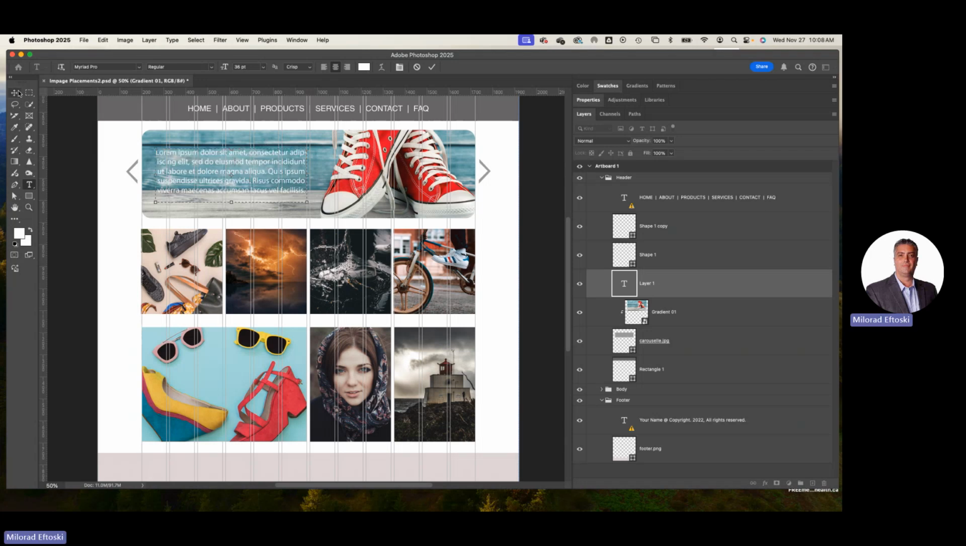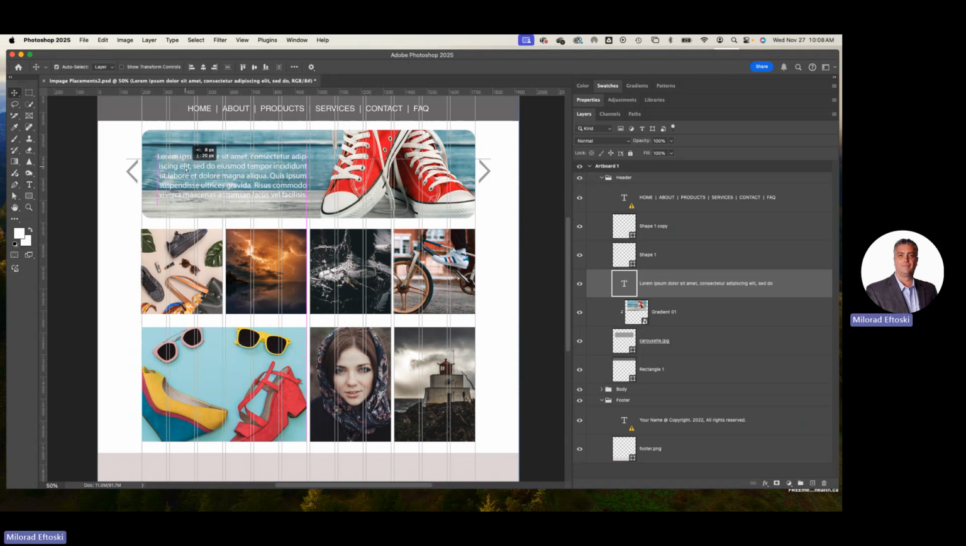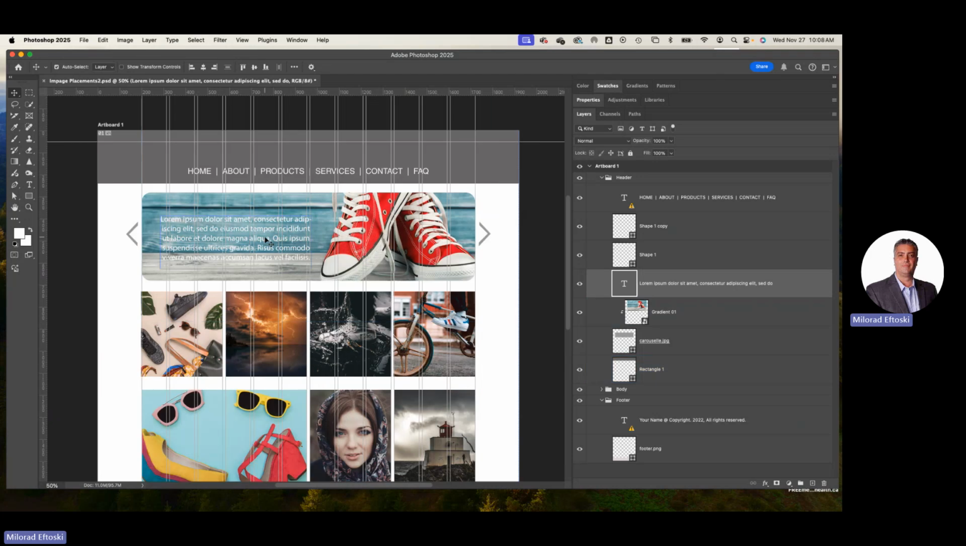Oh, there we go. There's some text right here, right? The lorem ipsum text. Let's have some. Can you guys see the text there? I got some text going on here as part of my design, right? I want to